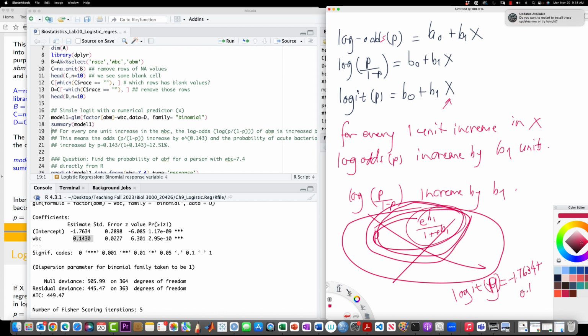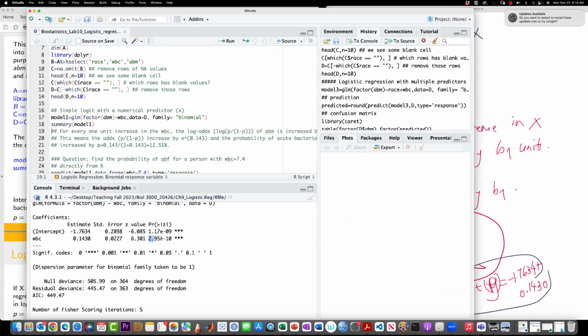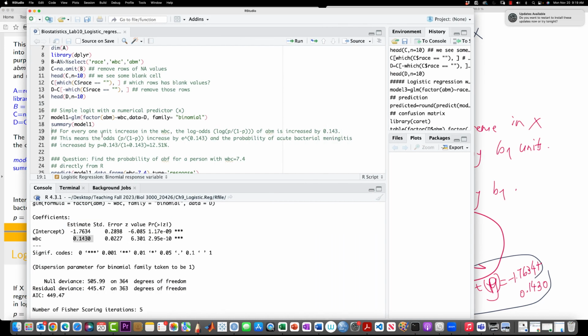So it is logistic: 0.1430. So that is the logistic regression equation. Does that make sense? You see that the p value is significant, which means this coefficient is significantly different from 0. So let us go back. How do you interpret the result? I have interpreted that for every 1 unit increase in the WBC, the log odds, that means log p over 1 minus p,